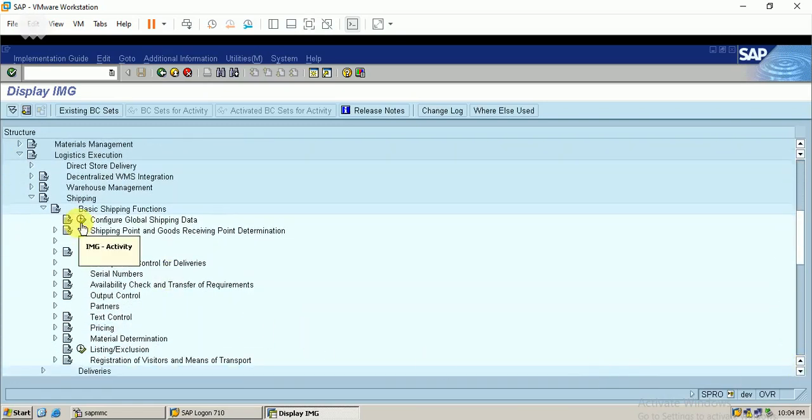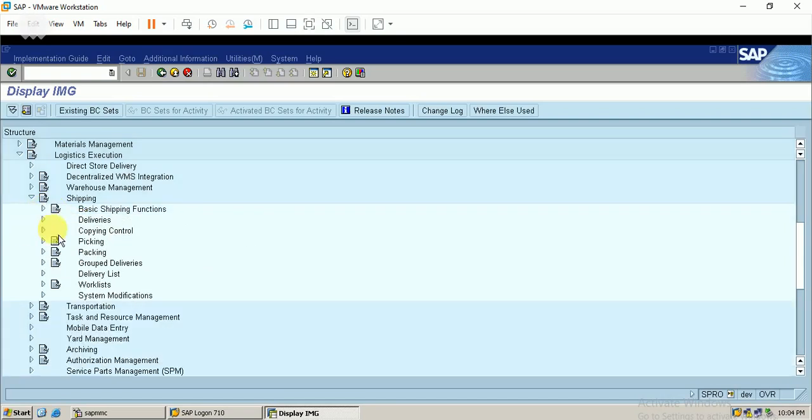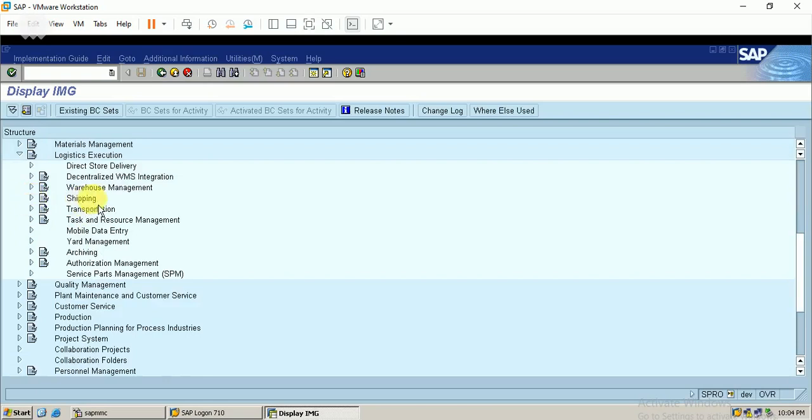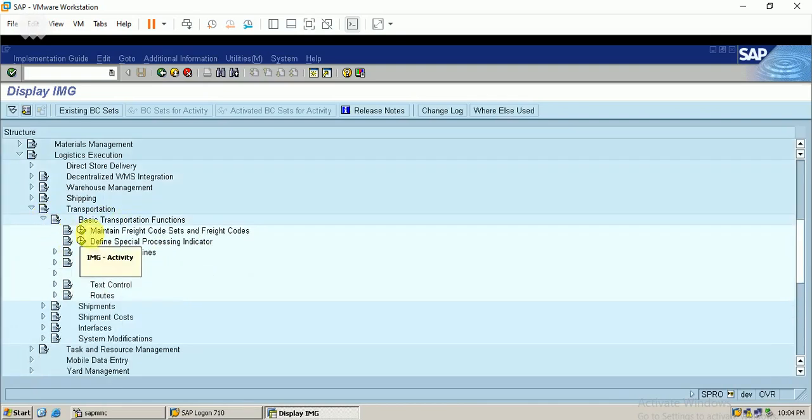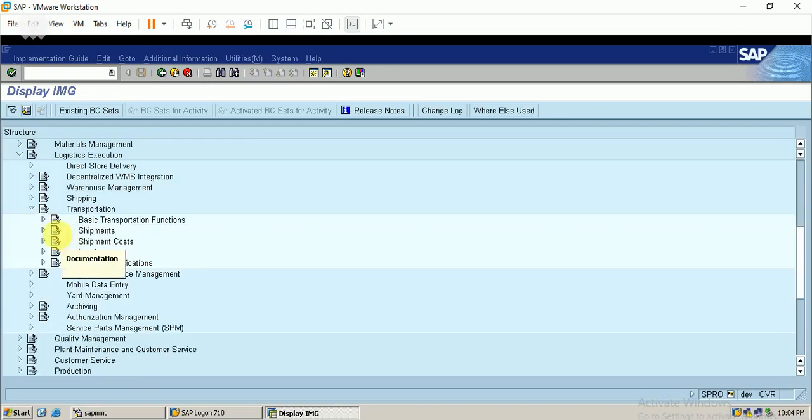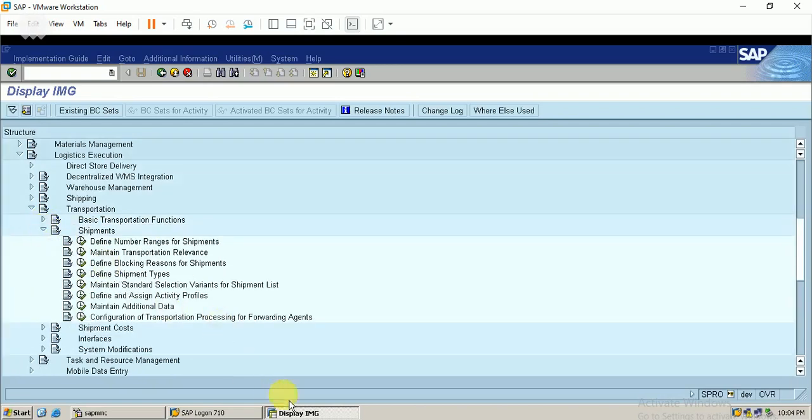Okay, just close this basic shipping functions. I just go on with transportation. I just close this shipping tab. I just go on to the transportation, the basic transport functions. Here, the important thing is...